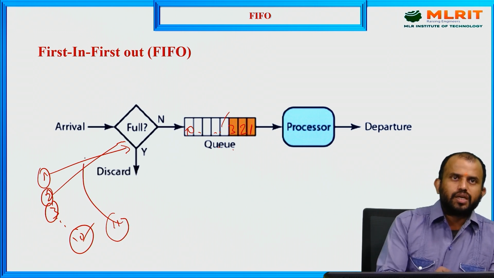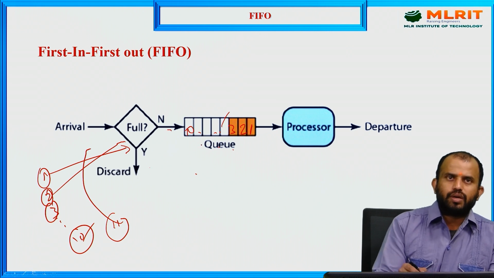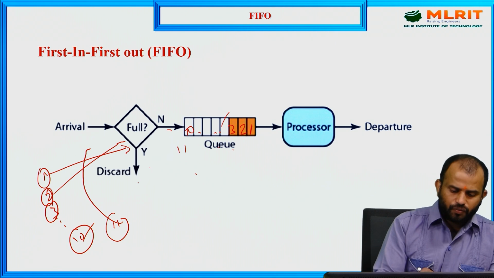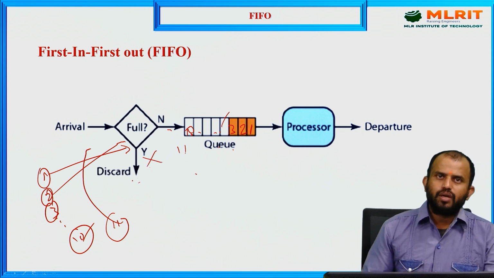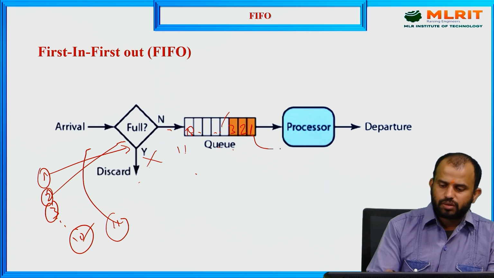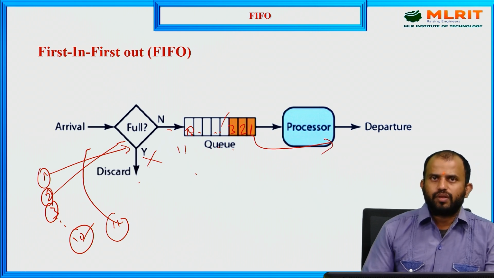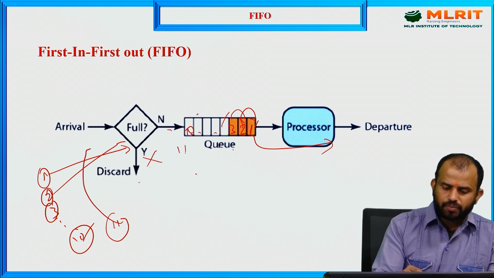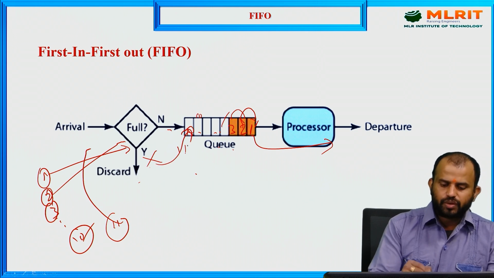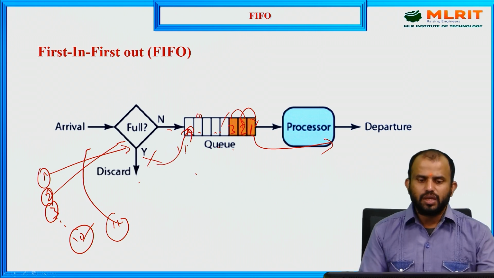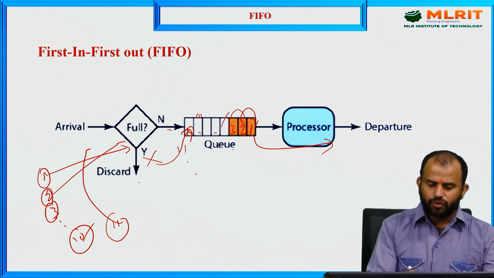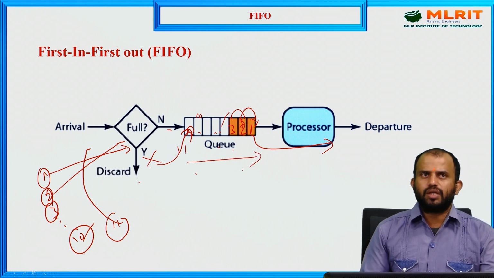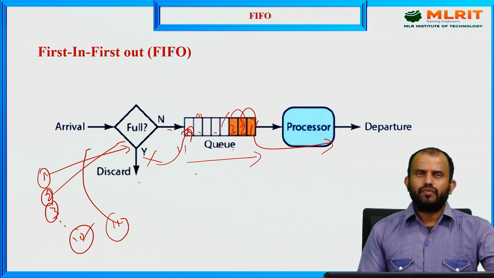So you check the condition, whether it is n or y. If it is n, merge that one, embedded to 11. If only 10 channels are there, but the 11th frame is arriving, the frame is simply discarded. What happened? The frame is processed and successfully delivered. Here, 2 has come to this position, 3 has come to this position. What happened? The 10th is vacant, so 11 comes into this picture. Again we have to retransfer the process, 11 comes to this picture. This kind of queue architecture, this mechanism, is what we call a first in first out mechanism.